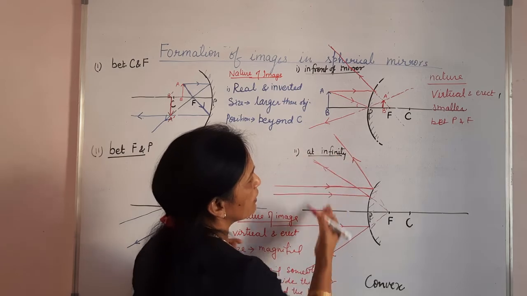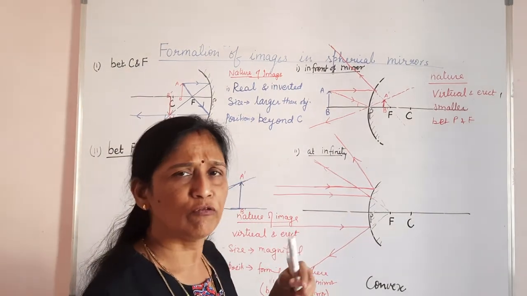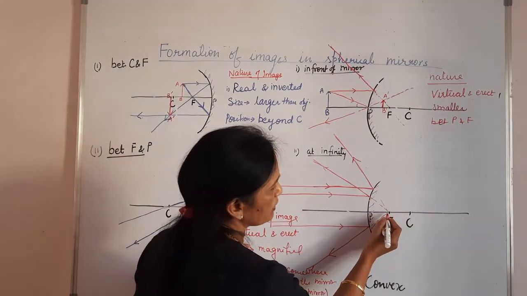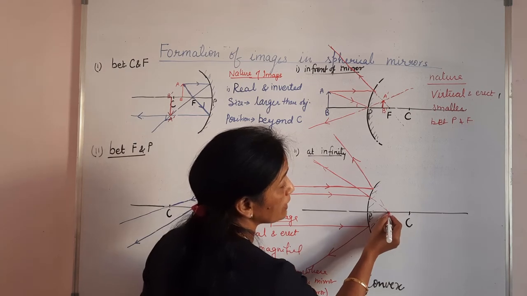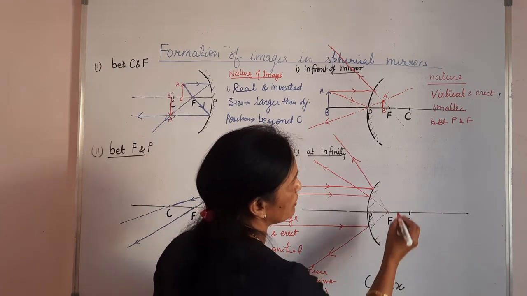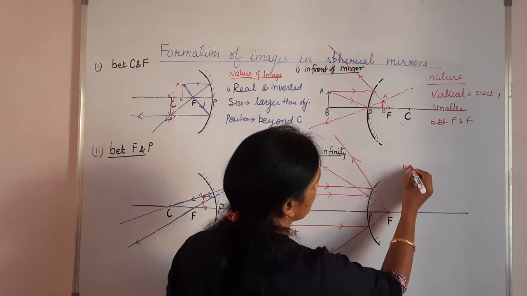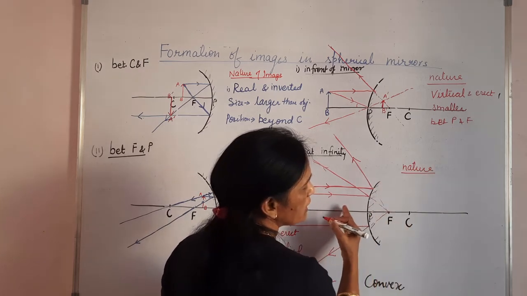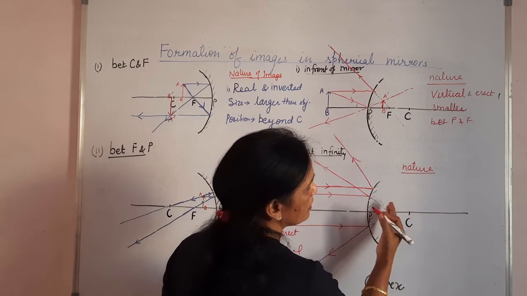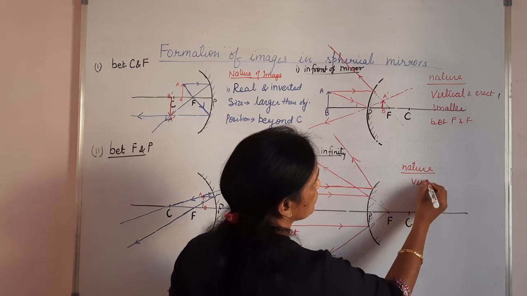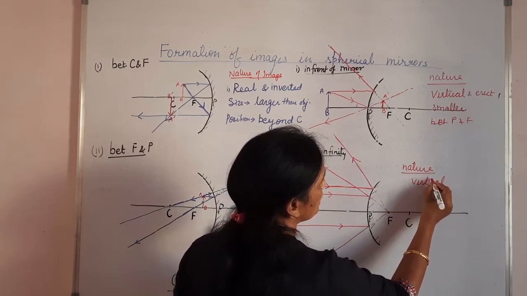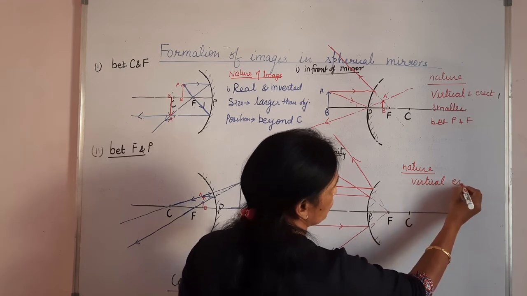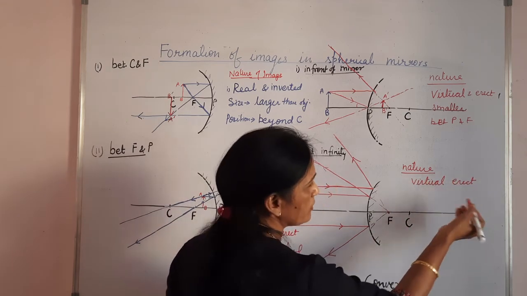ये सारी रिफ्लेक्टेड रे इस साइड में फैल रही हैं, तो वेयर दे विल मीट, दे विल मीट इफ यू एक्सटेंड इट इन द बैकवर्ड डायरेक्शन. और वो कहाँ जाके मीट हो रही है, एफ पॉइंट पे मीट हो रही है. सो इफ आई टू राइट अ नेचर, अगेन इट इज नॉट ऑन अ स्क्रीन. स्क्रीन हम इस साइड रख सकते हैं, इधर नहीं. तो इट इज वर्चुअल. दिस इज अगेन अ वर्चुअल एंड it is erect only. अगर हम उसको मैग्नीफाई करके देखें, it's erect only.